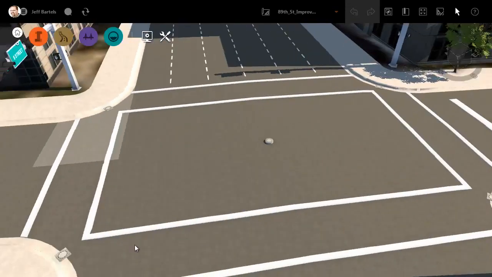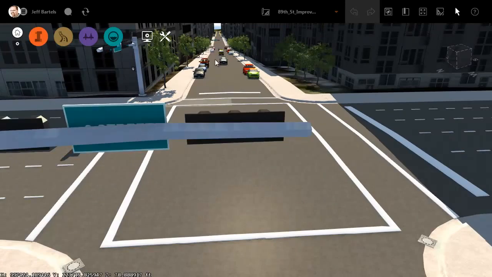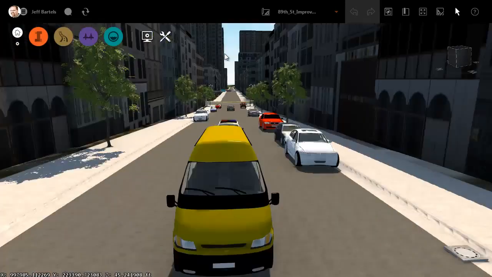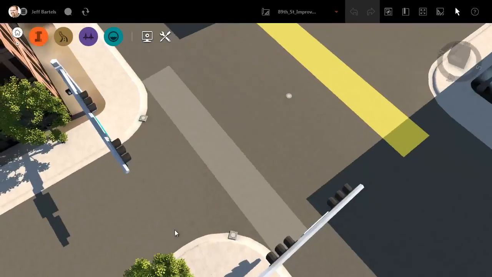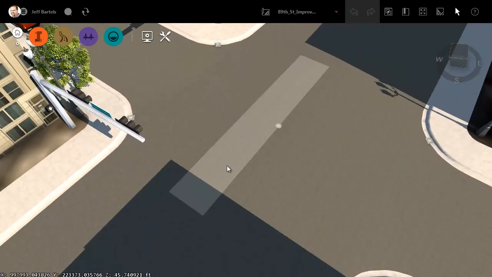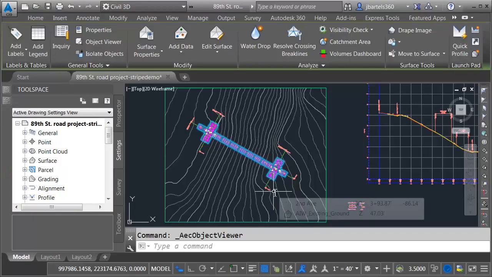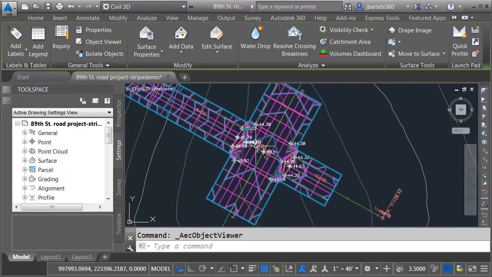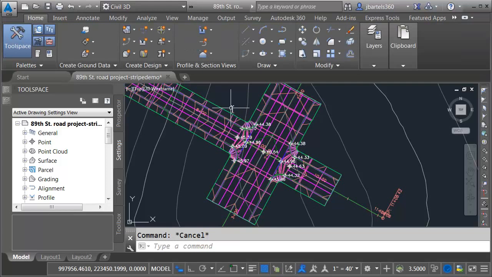We'll orbit this around a little more. I'm going to jump back down to the other intersection. And we'll set our view. And then if you're interested, I'm going to jump over to Civil 3D and I'll show you how I created the stripes. In Civil 3D, I'm going to zoom in on my corridor, and I really don't need to see